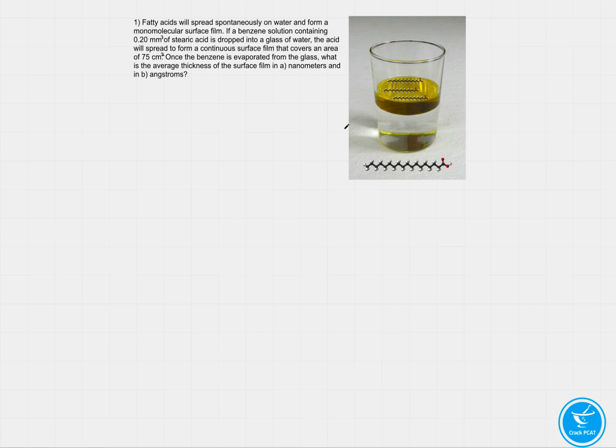Once the benzene is evaporated from the glass, what is the average thickness of the surface film in A, nanometers, and in B, angstroms? So we're solving for the film thickness. And this can be defined as the volume over the area. And again, if we go back to the problem, that's exactly what we're presented with. Cubic millimeters